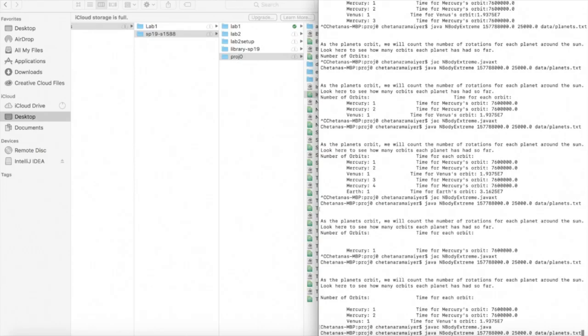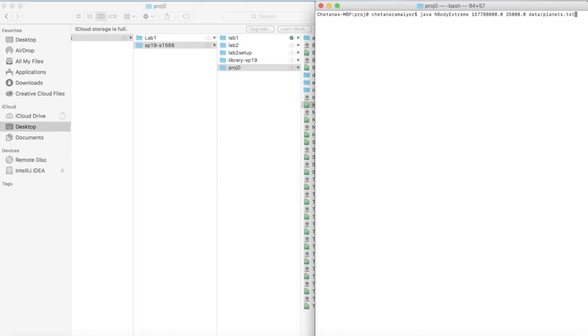For my extreme version of Project Zero, I added an orbit and time of orbit counter. Essentially what happens is as the animation runs, it prints to the terminal the number of orbits that each planet has made, as well as the time it takes for each planet to orbit. Here is a visual of